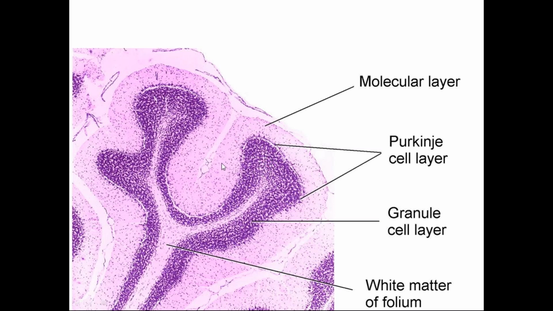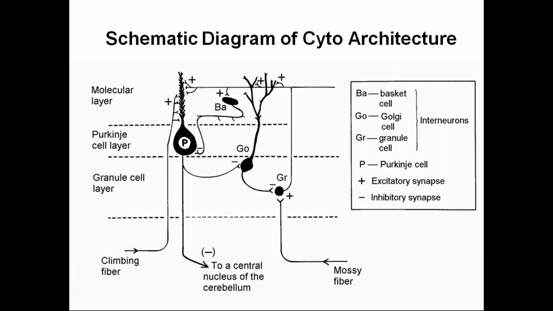So what you see, in the molecular layer, cells are very sparsely arranged with a lot of white matter fibers, giving it a speckled appearance. But when you look at the granular layer, it's a 5-6 layer thick layer with very closely arranged cells called the granular cells. And in this you have a core of white matter. You can see these are the folds of the cerebellum, which are called folia,